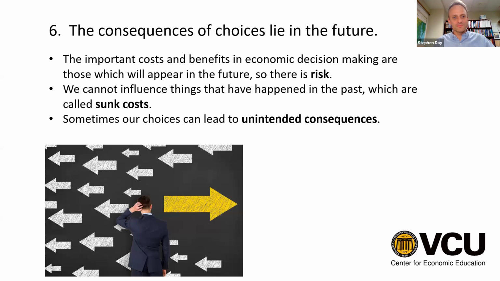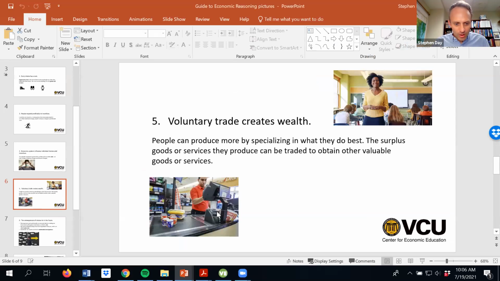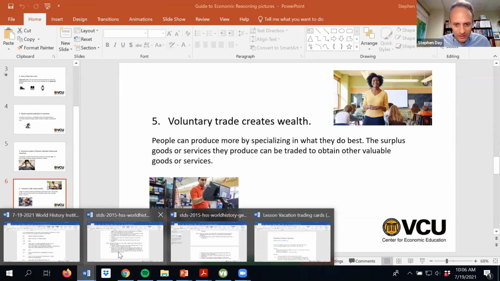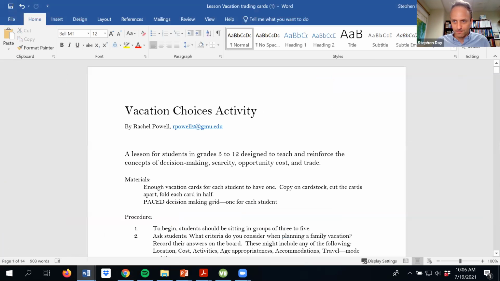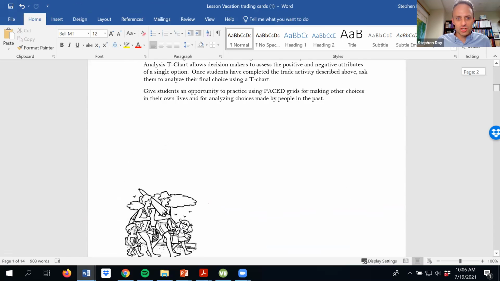Okay, so let's go to this example for voluntary trade creates wealth. We're going to do this fun activity. I haven't posted this yet. When we go to break, I'm going to need to post a couple things, including the agenda. But this is a vacation choices activity. And it's going to demonstrate